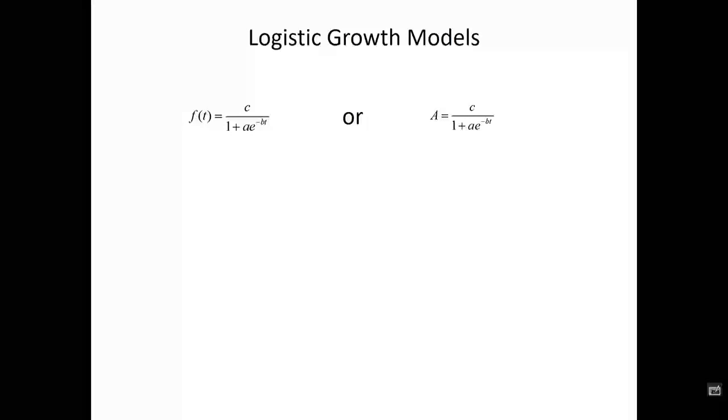The logistic growth model is given by f of t is equal to c divided by 1 plus a times e to the minus bt. All right, so here f of t is given as a function of t, the time, where